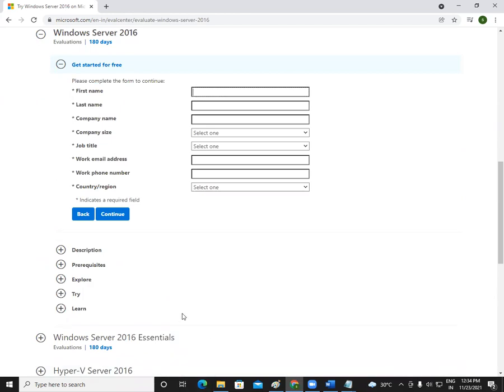It will ask you to enter some details. Just enter any name, company name, job title, whatever, and say continue. Then it will download this ISO image on your machine. By using this ISO image, we can do all the practicals.